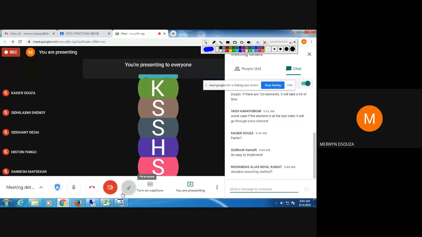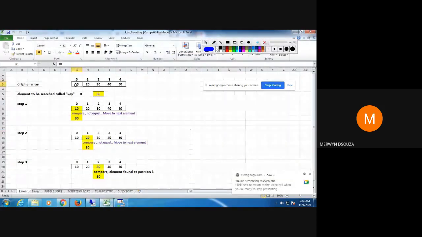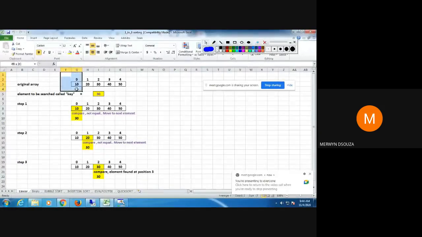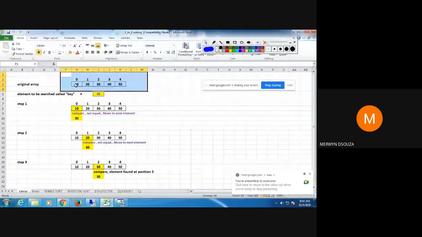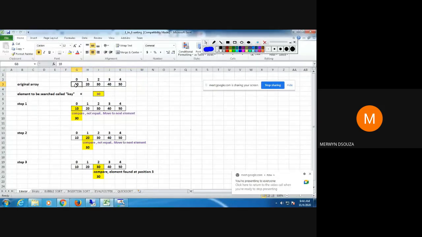For example, in linear searching, if I was searching for 10 in this example, I would find 10 in one comparison. That would be the best case. And if I was searching for 50, I would need 5 comparisons, which is the worst case, because the size of the array is 5.